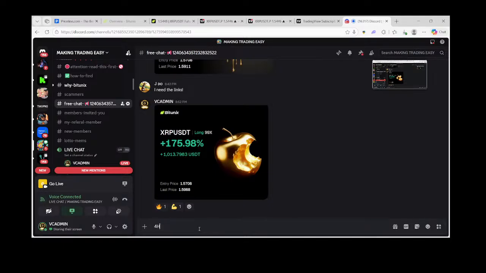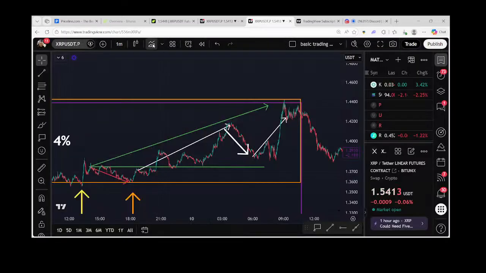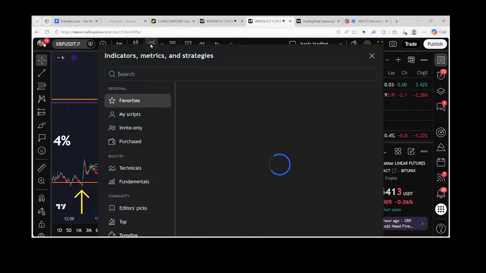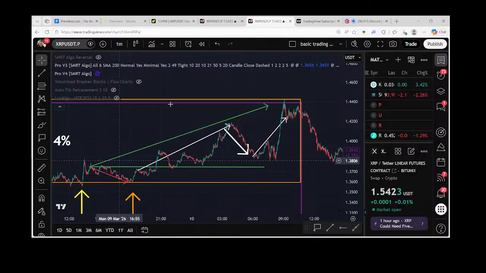so 4-hour RSI trade on Doge, right? Now, what that means is it doesn't mean you're entering, it doesn't mean you're ready to get in. It just means that everyone needs to go look at Doge and see where the regular RSI is, right? And if you guys don't know which the RSI is on TradingView, basically you go to indicators and you just type in RSI, and let me see,